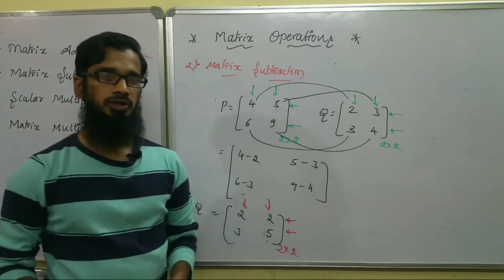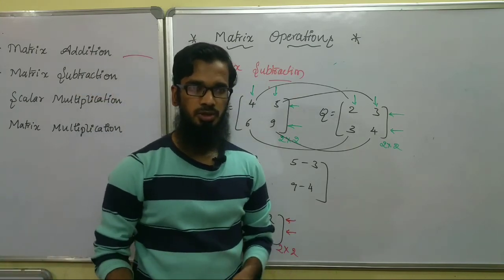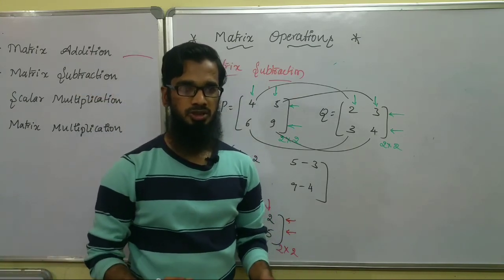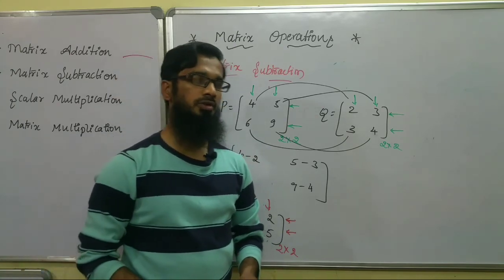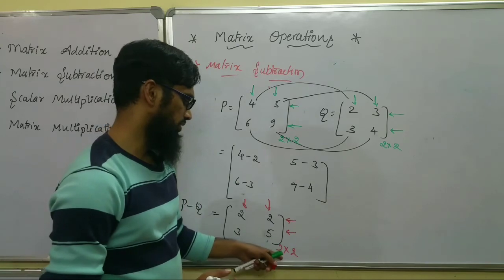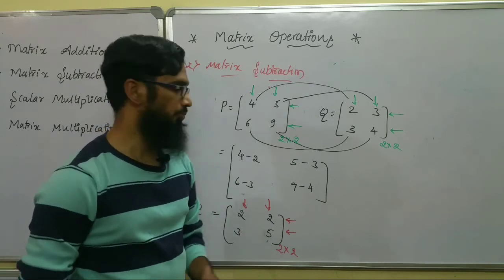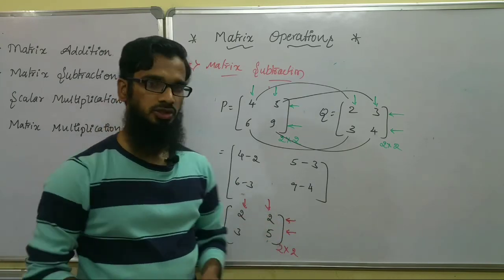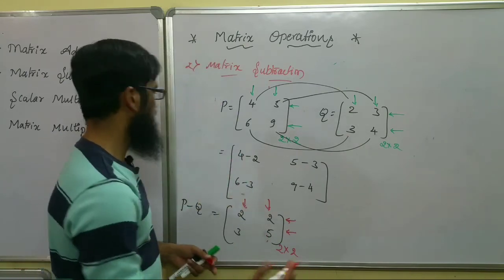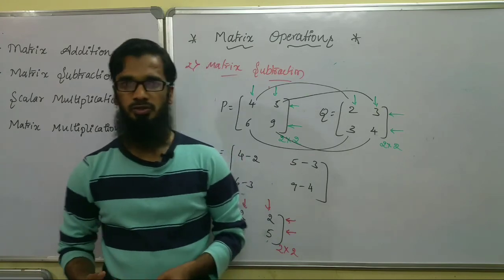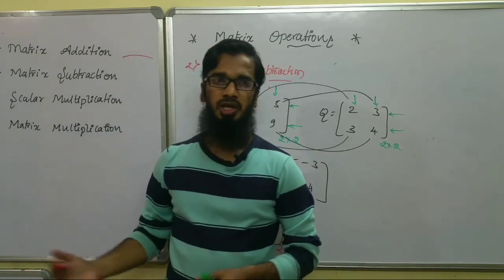So when the order of the matrices are the same, then the matrix addition or subtraction is possible, and the resultant matrix, that is the final matrix, also has the same order, that is 2 cross 2. I hope you are getting this matrix addition and subtraction. In the next video we'll go for scalar multiplication and matrix multiplication, how we